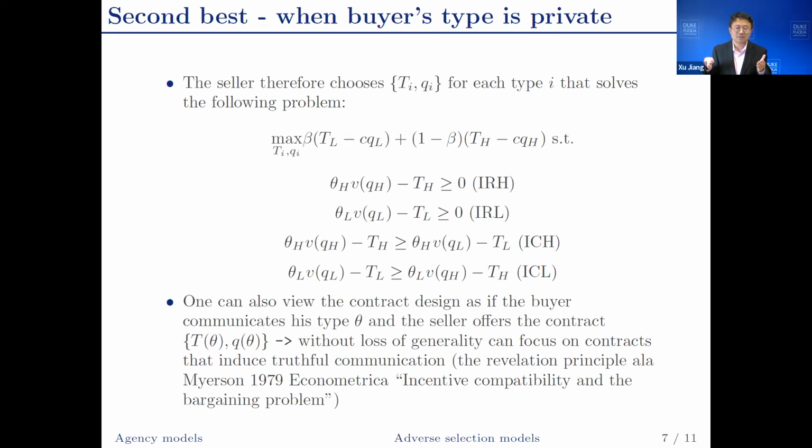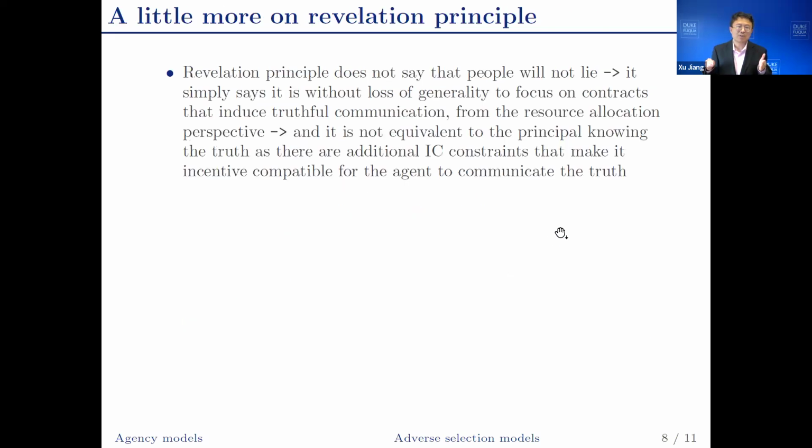Without loss of generality, we can focus on contracts that induce truthful communication via the revelation principle, which was first discovered by Myerson in his 1979 Econometrica paper. One thing I want to emphasize is the revelation principle does not say that people are not going to lie. Myerson makes it very clear when he was interviewed for the Nobel Prize he got because of the revelation principle. The revelation principle simply says that it is without loss of generality to focus on contracts that induce truthful communication